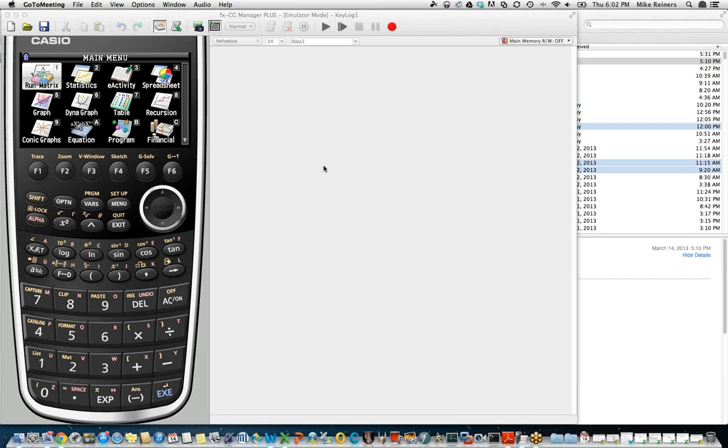As I mentioned, tonight we're going to be dealing with two of the more complex programming aspects of the Casio calculators. Those are the get key commands and the commands having to do with strings. And we're going to be using them to create a program that basically functions as a text editor. So the program would be a way for people to type text. You can think of it almost like a little miniature word processor.